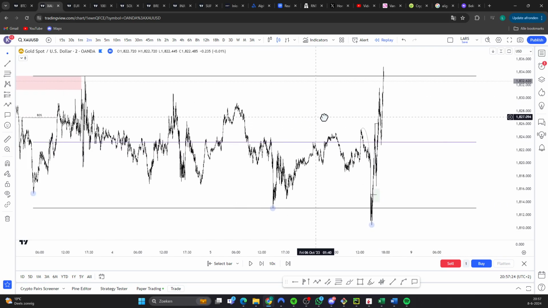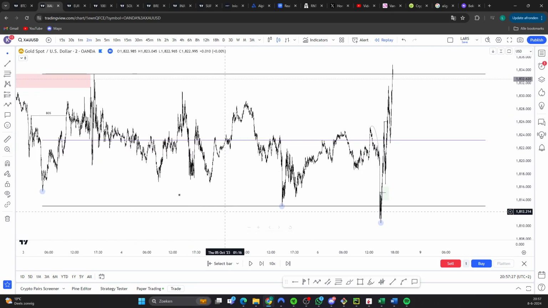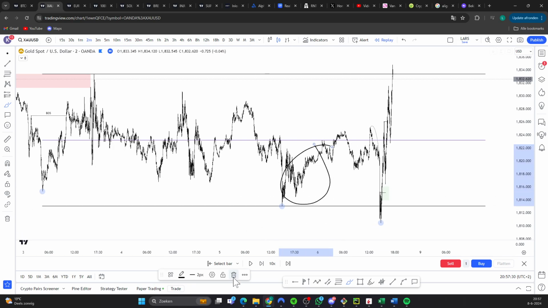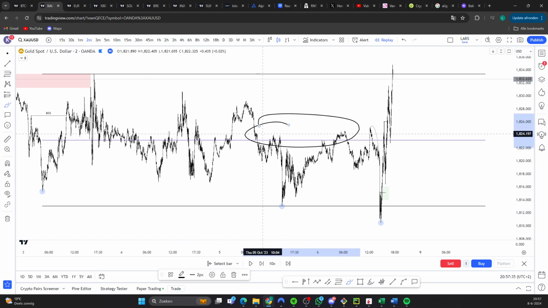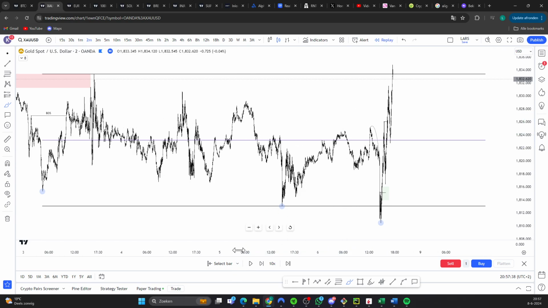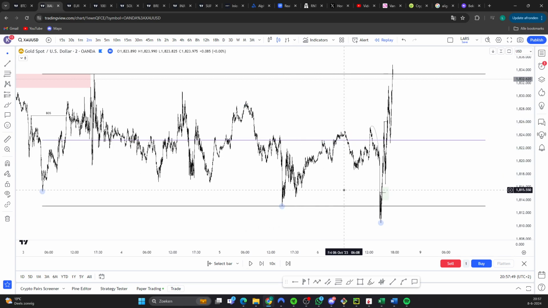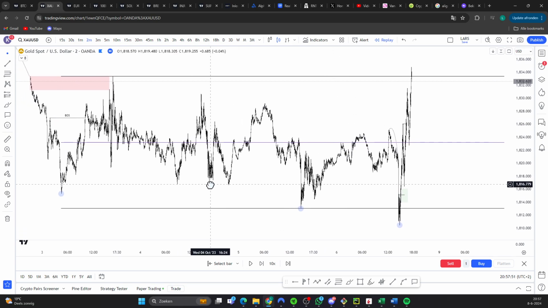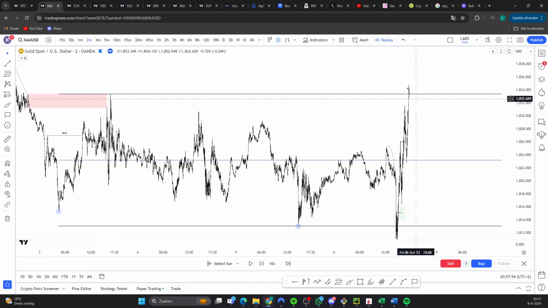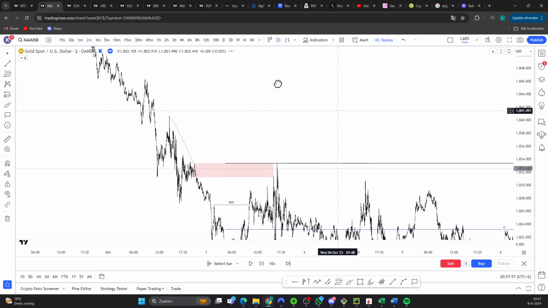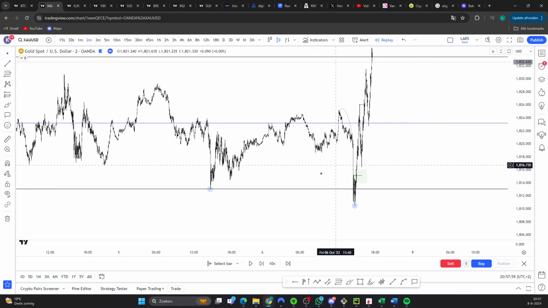But this is the clear indication. I was talking about how this was looking like it was going to be a Model 1 ever since we were here. By the way, it was building, it was mitigating, it was leaving liquidity below us, it was mitigating all supply. And that's normally what happens when you're going to have a Model 1, where you don't really break significant structure from the top down, because you failed to break it here properly, failed to break it there properly, and you're leaving lots of liquidity below you. That's normally when the Model 1 occurs. Never took the initial range high, so it was a clear TP right there. We have lots of liquidity above us, high time frame POI. But locally speaking, this was a 1.1